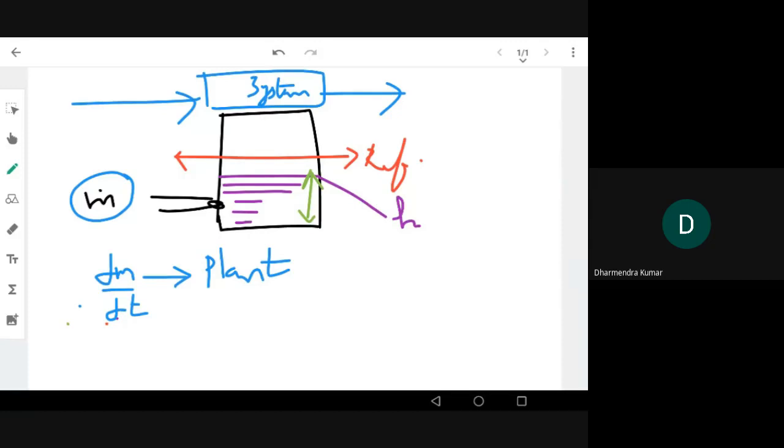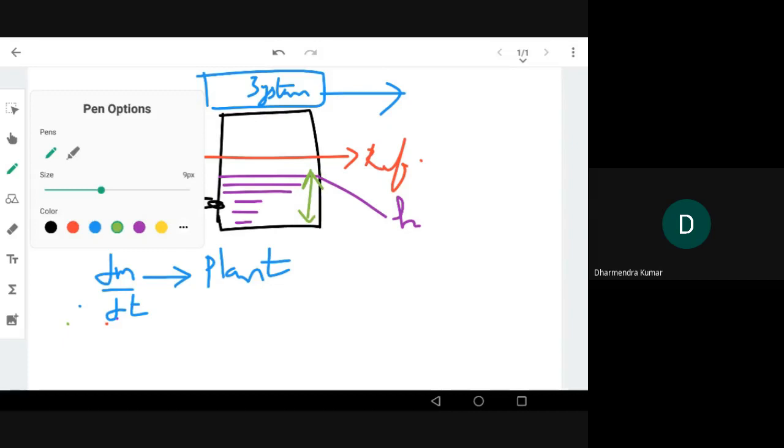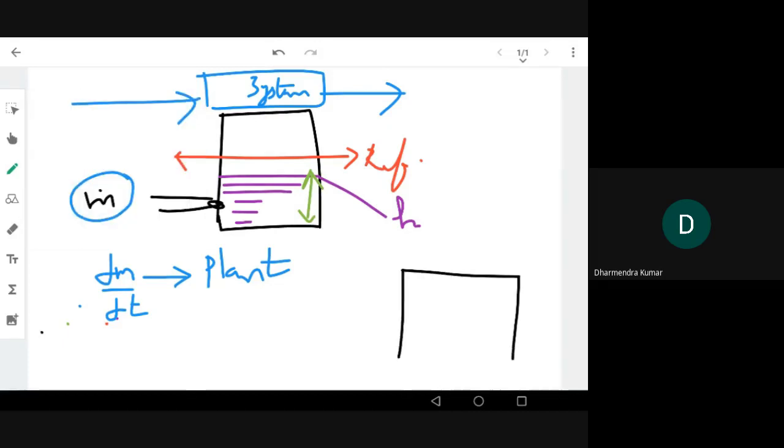Likewise, if you define the same parameters in the present problem, what will be your input in the current problem? Your magnetic train is your plant, and you have to catch the box falling from the height y by your magnetic train. So the input to the system is Fm, the magnetic force on the train. And what is the output? Your output is x reference. You have to reach a position x reference so that you can catch the box. So this is your present control problem.